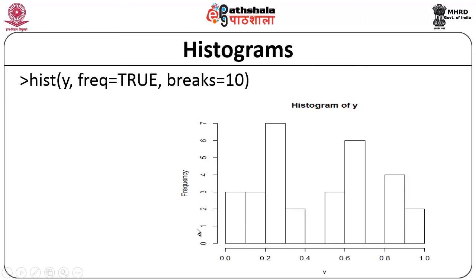So, here along the y axis the variable that will be set if you are setting the frequency value to true will be the frequency count, and now when you execute the hist function, the histogram on the single variable y will be generated based on the frequency of the given variable value y.